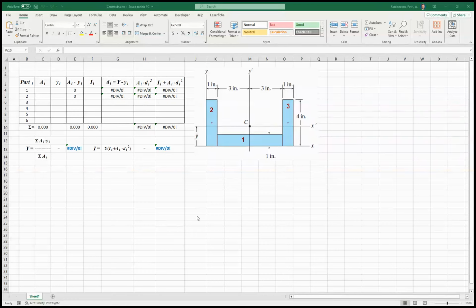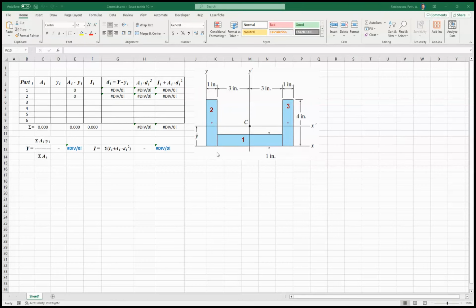Okay, I'm going to solve this centroid and area moment of inertia problem from your textbook. So what we need to do is to first find the centroid and then find the area moment of inertia about the x prime axis. All right, so we have three